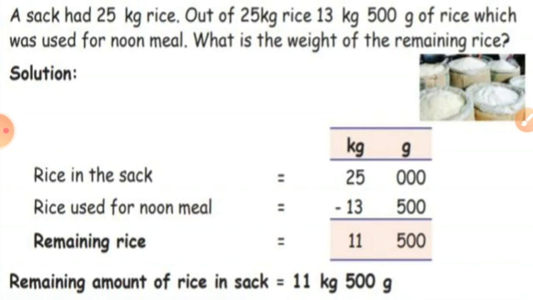So first we have to see how many units we have. How many units we have? 2 units, right? Kilogram and gram. So first you have to write those units. You must write kilogram first. After that only you have to write gram because that is the smaller unit here.